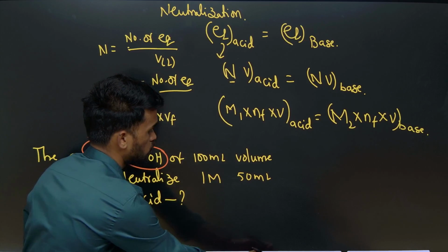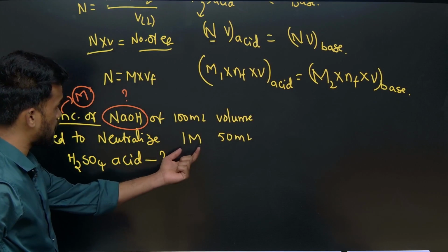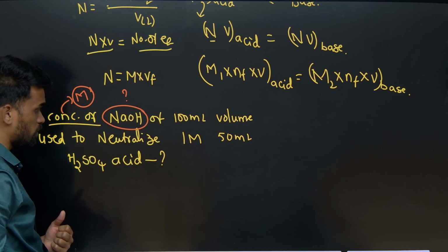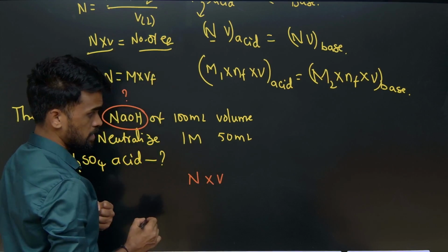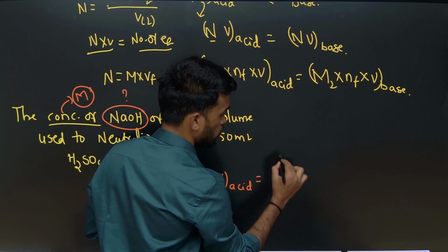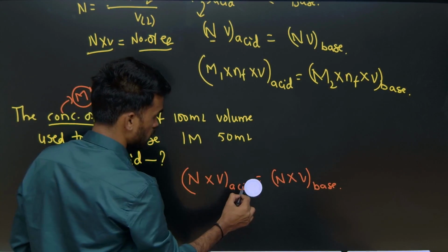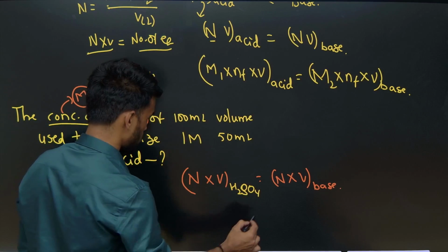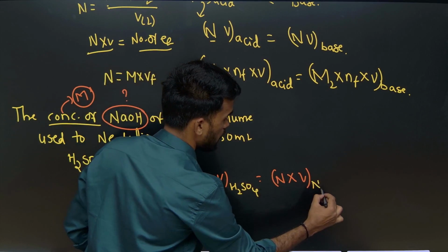So now tell me, how can we do this? You just need to use equivalents of acid equals equivalents of base. Now see, the data regarding the acid is given, but they are asking about the base by giving its volume. So how can we do it? Equivalents of acid can be written as N acid into volume of acid, which equals N base into V base. We have to take it like this. What is our acid here? They have given sulfuric acid. And the given base is NaOH. You can write sulfuric acid and NaOH.